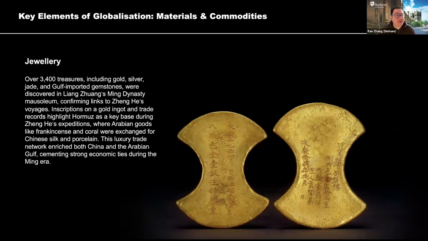And here we can see the discovery from the Liangzhuang king's mausoleum in the Ming dynasty, and especially this gold ingot with the inscription of Zheng He's voyages, and claim that Zheng He got those like luxury items from the West Sea, and the West Sea in this historical record, Xiyang, so in Chinese. So West Sea must be the area of the Gulf or the Hormuz Kingdom in the